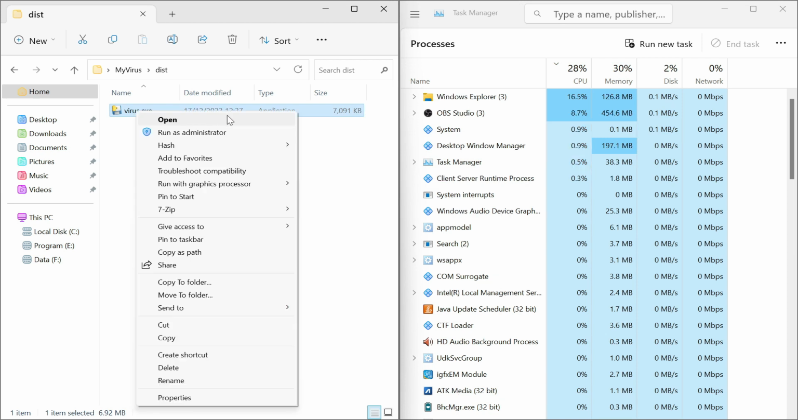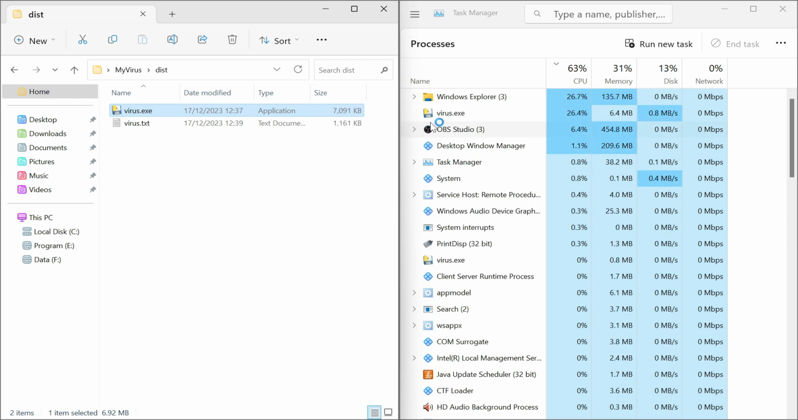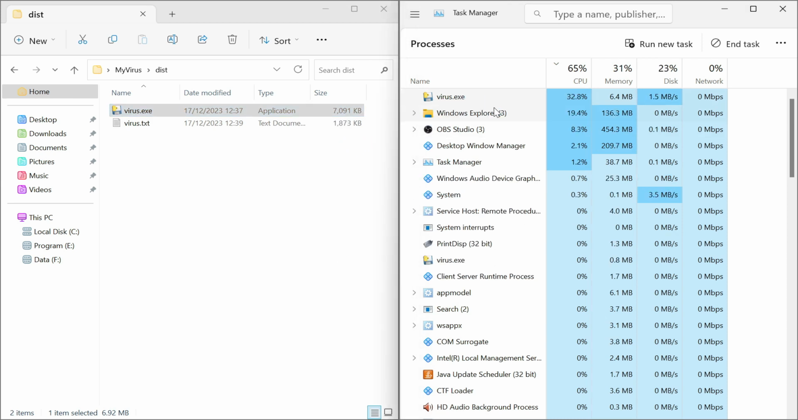I want to open the virus. You can see that text file is created and it's getting bigger and bigger. CPU, memory, and disk are working really hard for nothing, and your device is going to